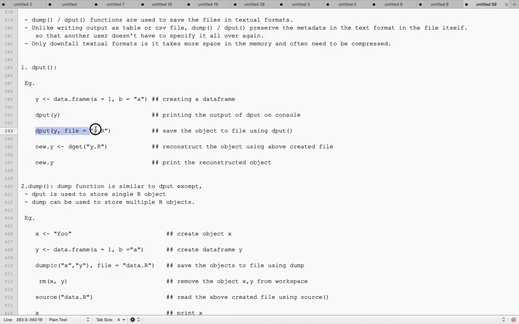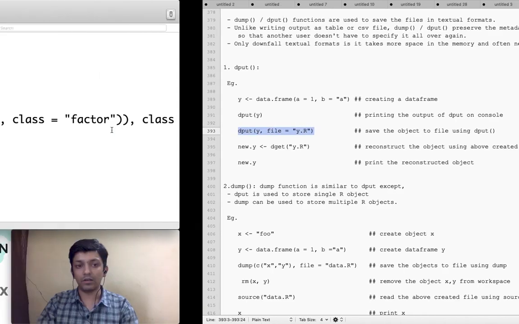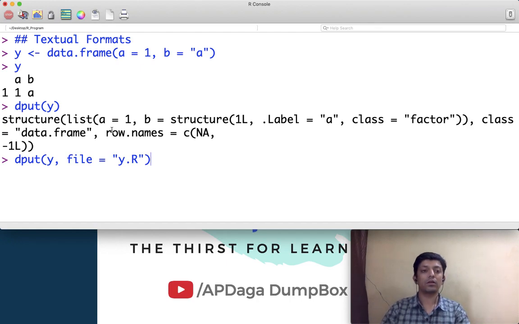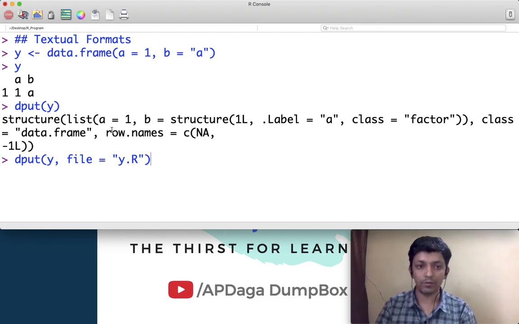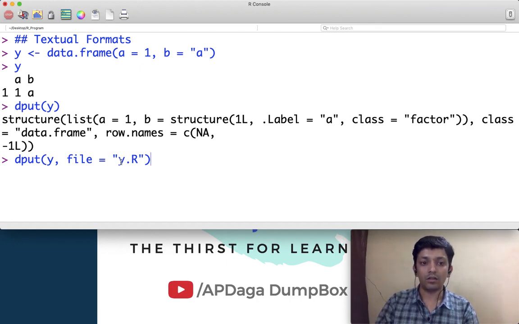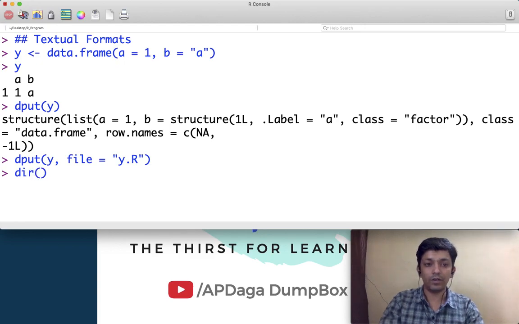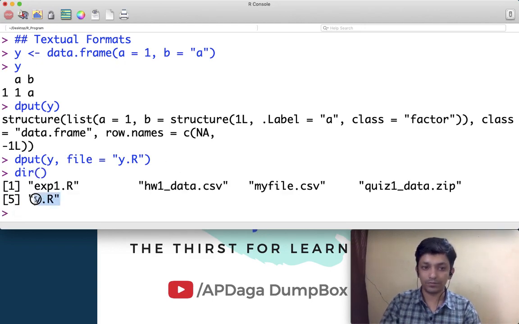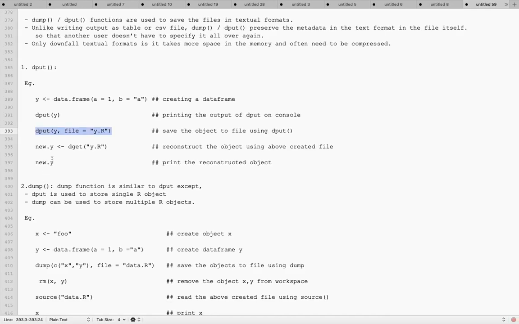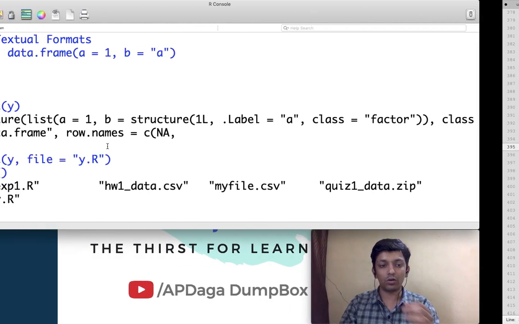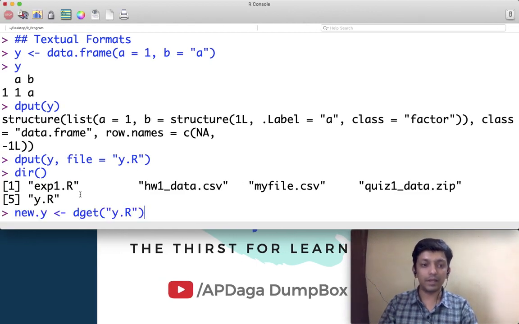Okay, now I want to store this metadata, this variable y, into a file. So the format will be like this: dput y, the name of the variable, into a file, and the name of the file will be y.r. Once this is done, if I check in dir, one new file is created, that is y.r. Now once that is created, I can read the same file using dget.